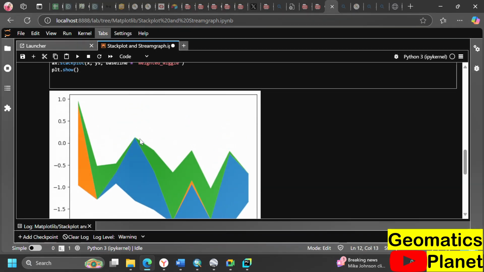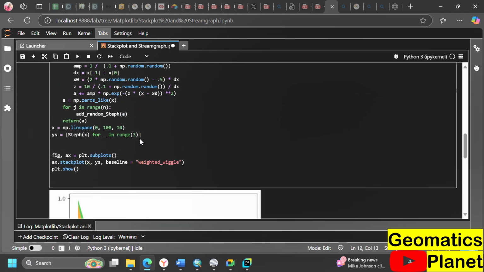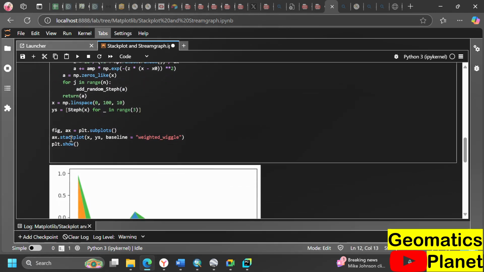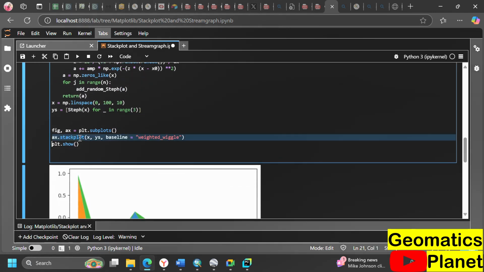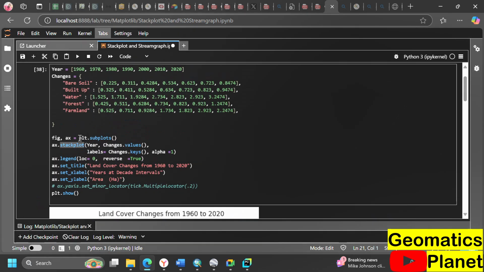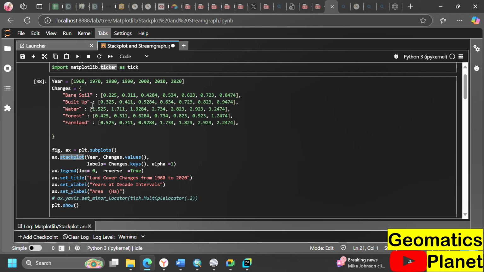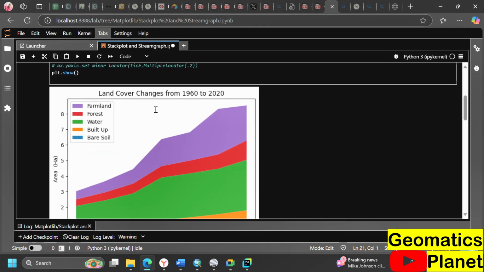Sometimes we don't really use this, but I wanted to show us an example of where you can use a stack plot like this. Most especially, one of the ways we represent the different data sets is by using stack, which this one is a perfect example of what we